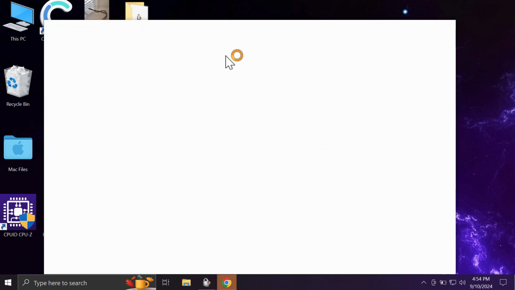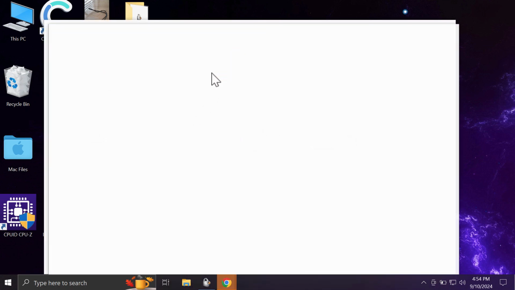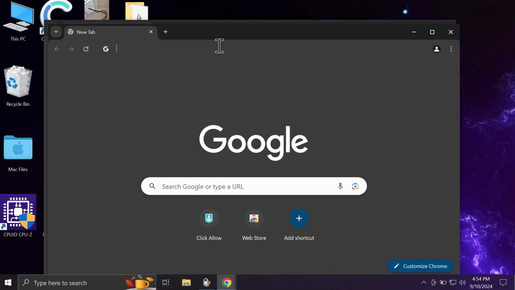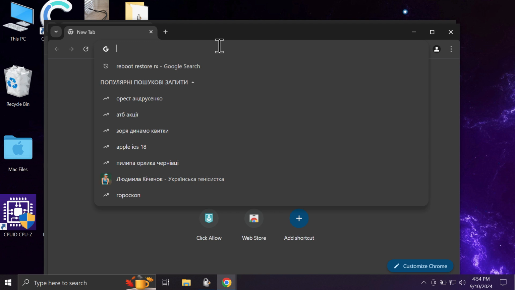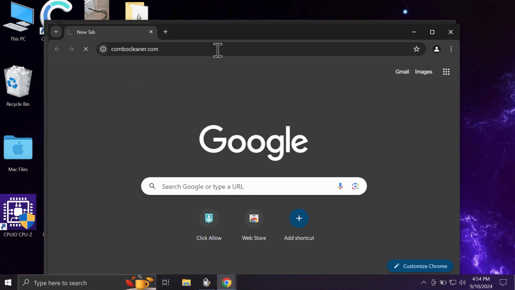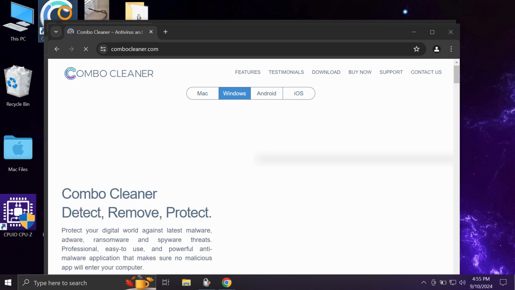I recommend you to use a special software called Combo Cleaner Antivirus, which you may get through either of your available browsers. The page you need to go to is combocleaner.com. So go here, download Combo Cleaner, install the application, and then once it is successfully installed, start carefully scanning